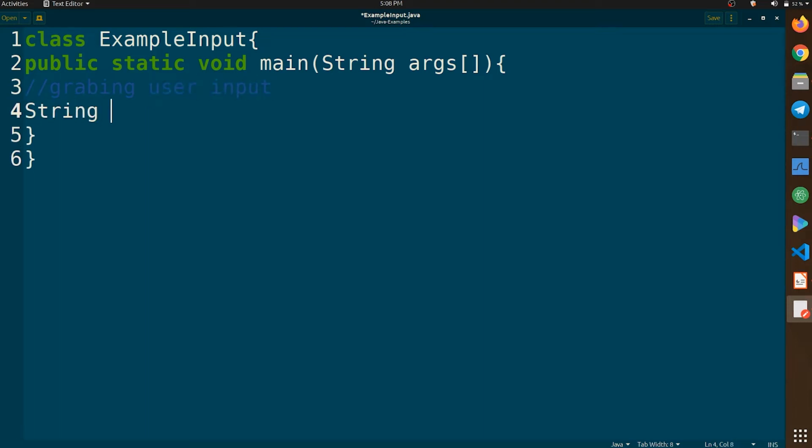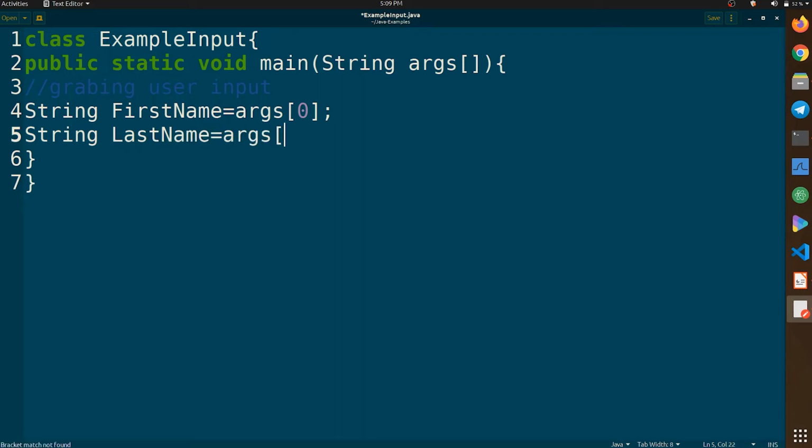So let's create a string, first name actually. So String firstName equals args[0], which means we are accessing index 0 from this array args. So we will have our first argument in firstName, and in lastName we will have args[1], which will be our second argument.